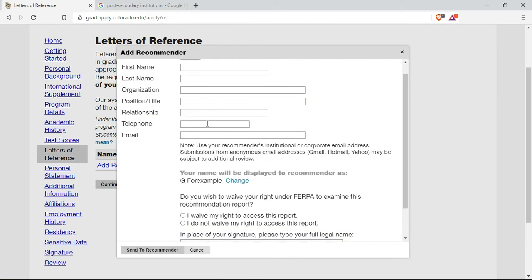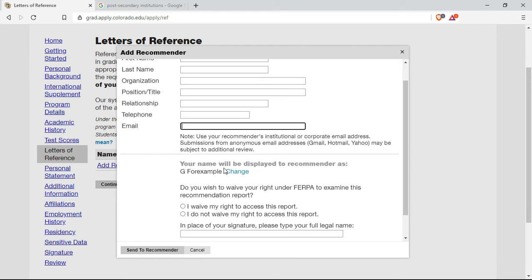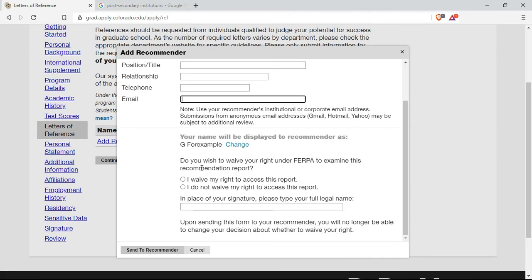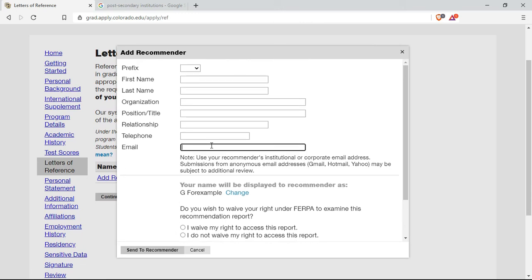Talk to 3 of your professors and ask them to prepare letters of recommendation for you. You can add their name, their organization, their position, and their relationship to you, that is your professor or your guide or your mentor, and give their details here. What happens is, this mail is sent to their own account, and they will be uploading the letter of recommendation. You won't be submitting it from your side.